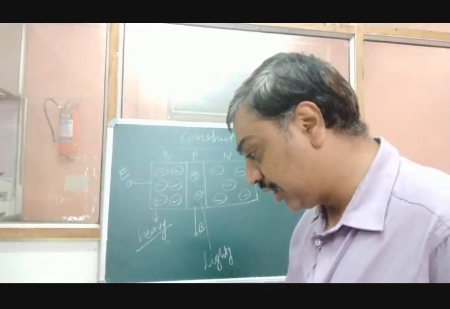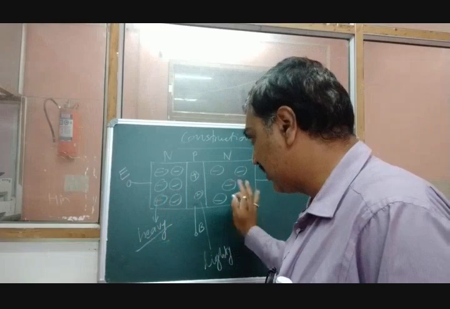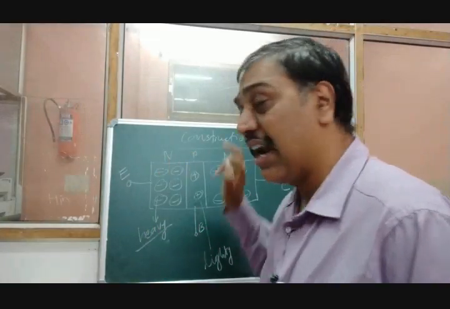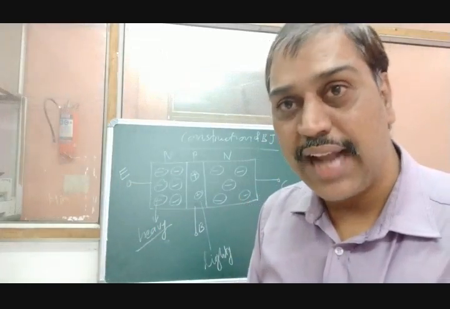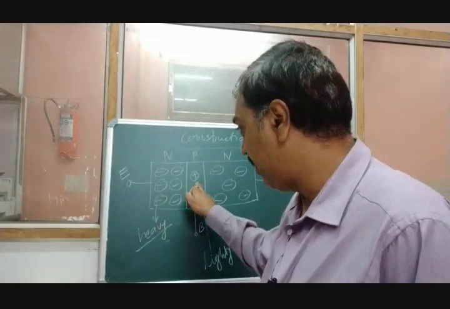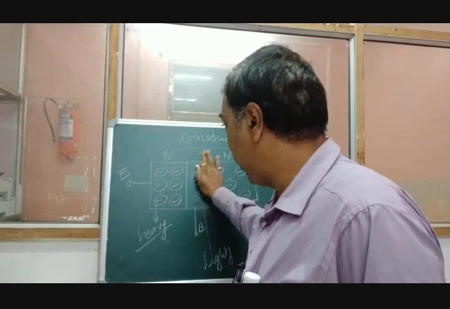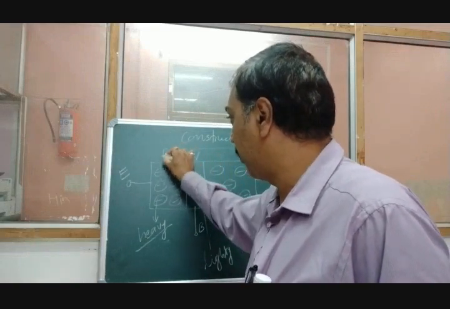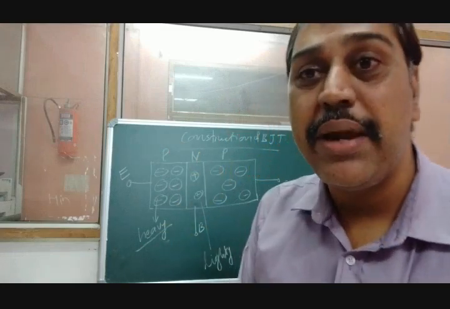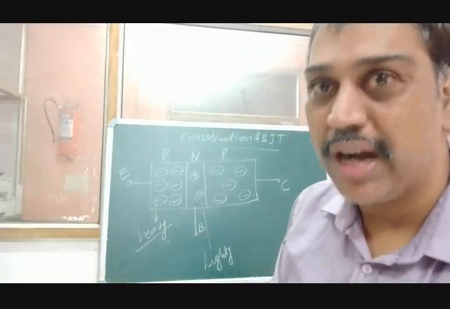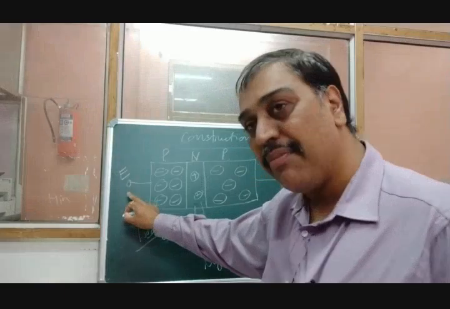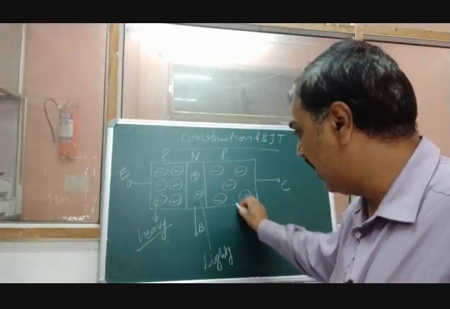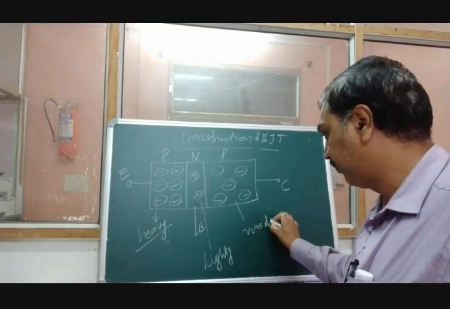Apart from this construction, if you see these impurities we have seen, but this is the first type, NPN transistor. In this case we have sandwiched the P. Suppose I have made it N. N-type semiconductor is sandwiched between two P-type semiconductor. It is said to be PNP transistor. Now what will occur? The terminals remain same: emitter, base, collector. Doping remains same: heavily, lightly, and this is moderate.